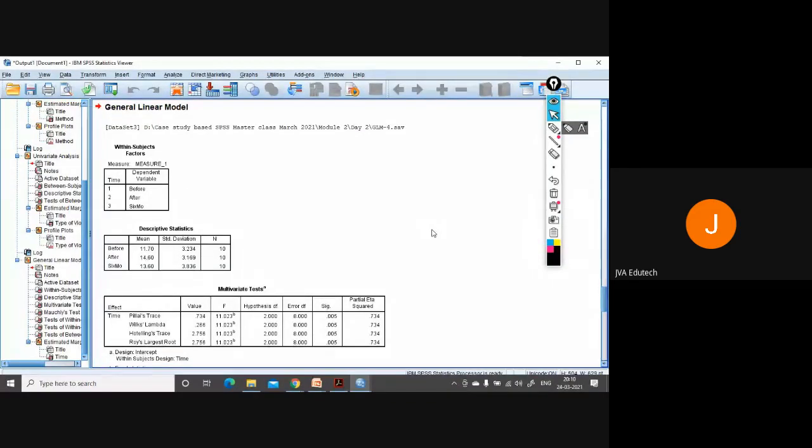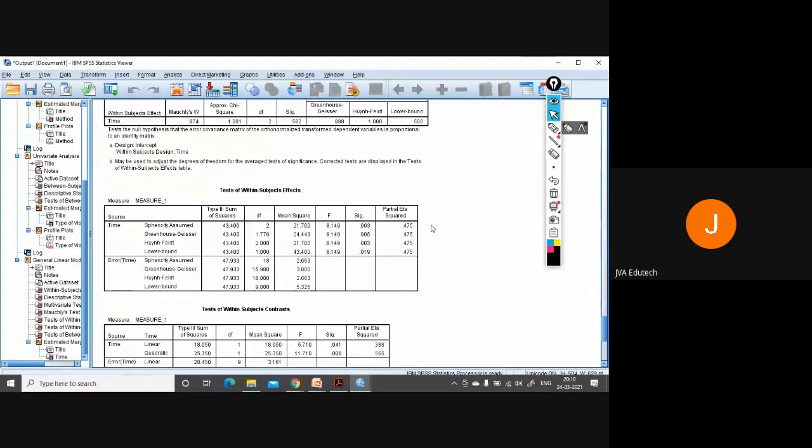Now here you can see that you are getting different kinds of measurements. Which one to see? So we will see this, sphericity assumed. This one we will see.